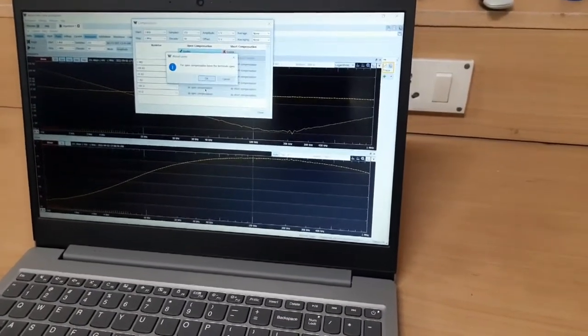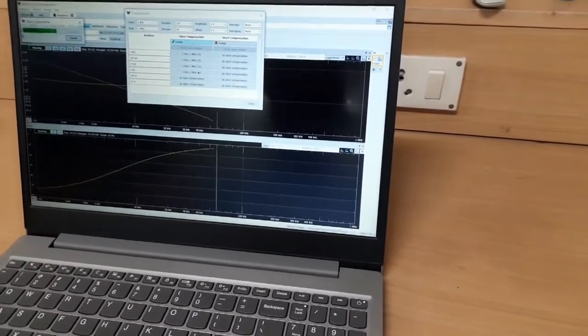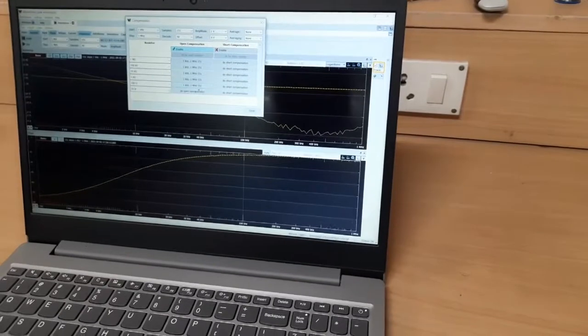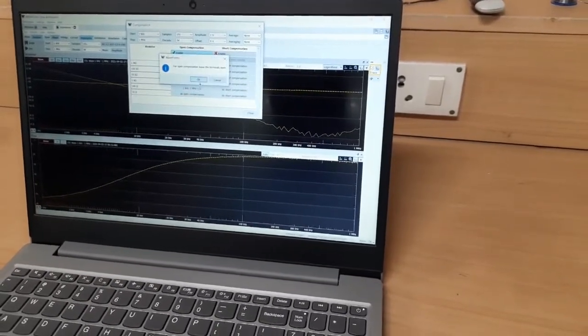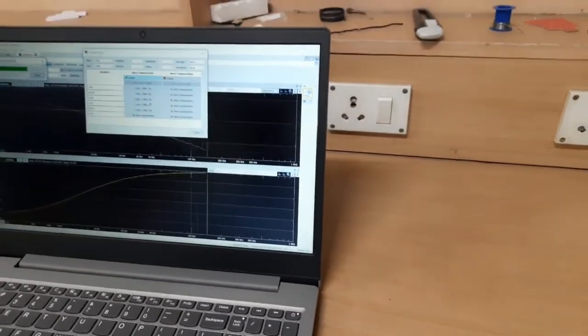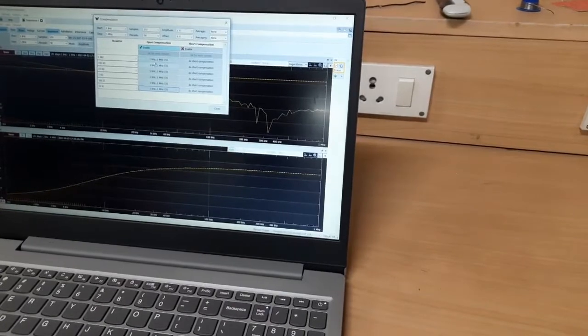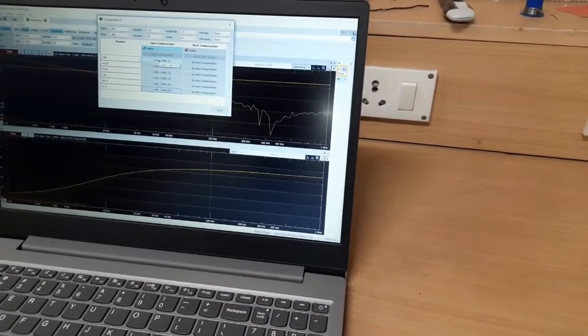You may say this is the calibration of the instrument. Okay, now the open compensation will be over. Okay, see, the open compensation is over.